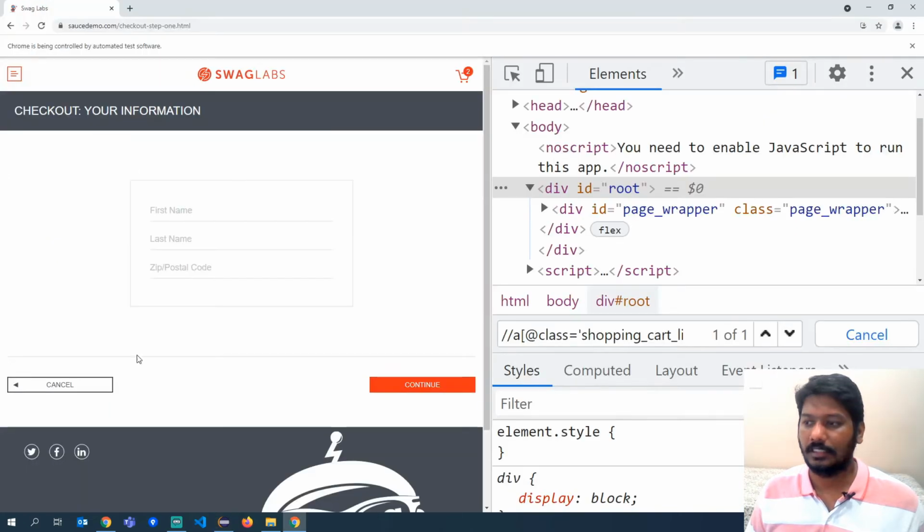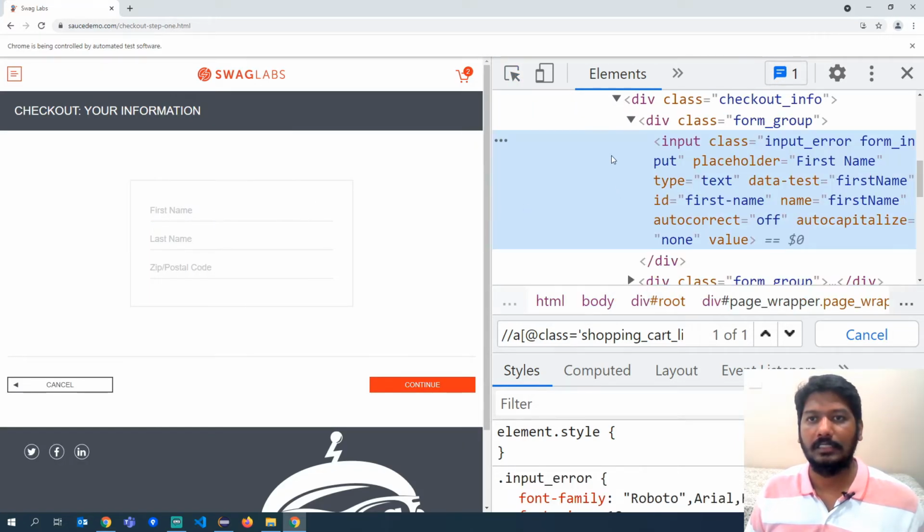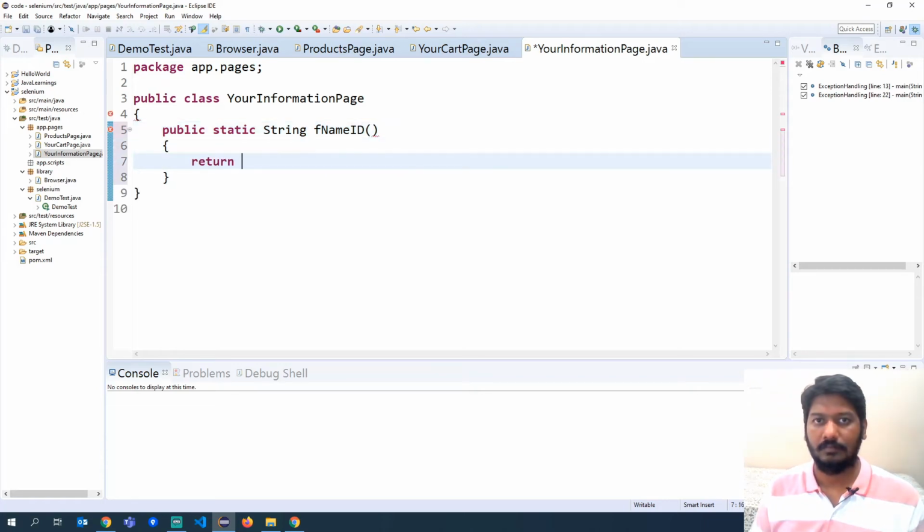Like if you see here, it says first name, last name, zip code, and then again the continue button. So let us see one by one. Okay, this is an input and it has an ID called first name. So let us take it. Public static string fname ID.